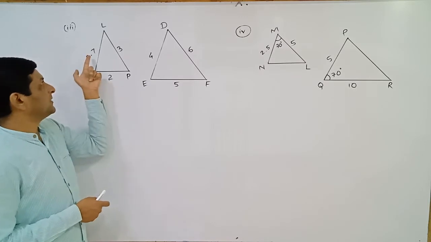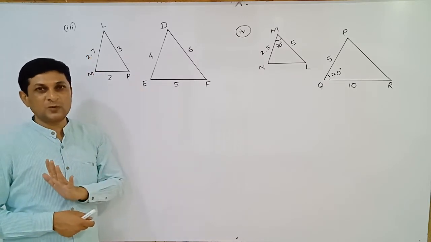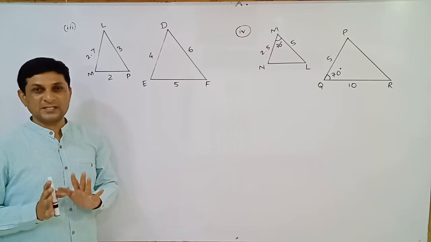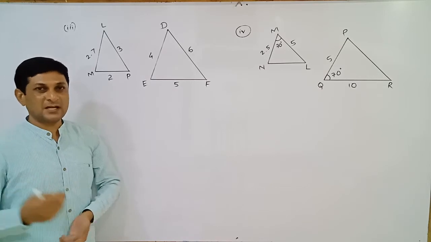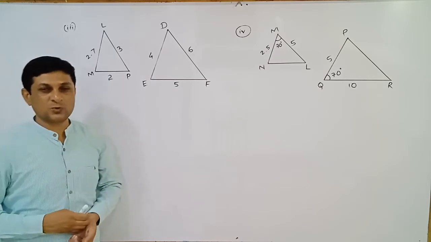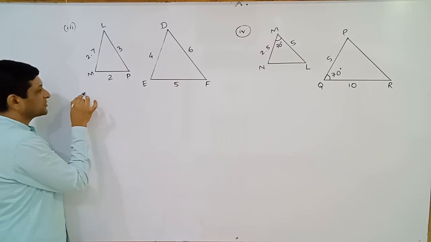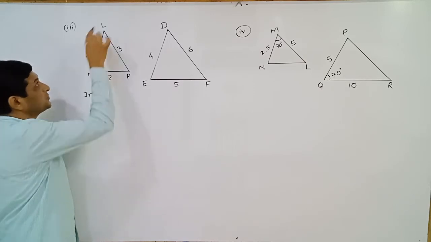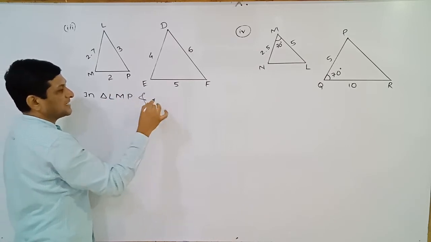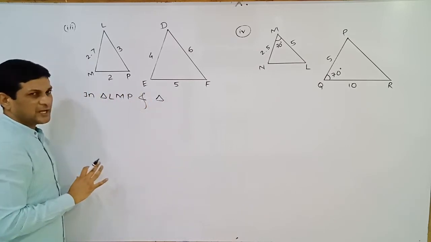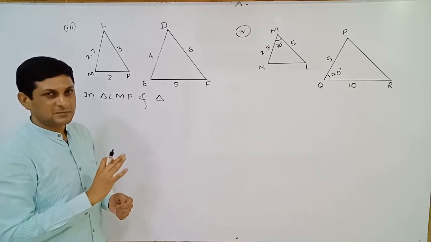Now observe the remaining two sides, 2.7 and 5. Definitely their ratio is not equal to 1 by 2. So we can say that the sides are not in proportion, and since the sides are not in proportion, these two triangles are not similar. So first consider triangle LMP and the other triangle. Here we can observe that the two triangles are not similar, but still